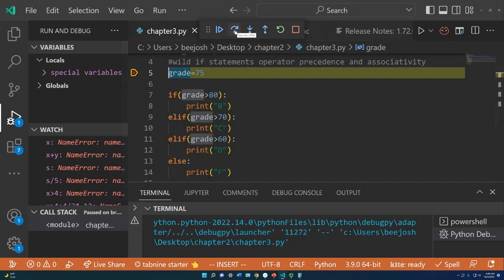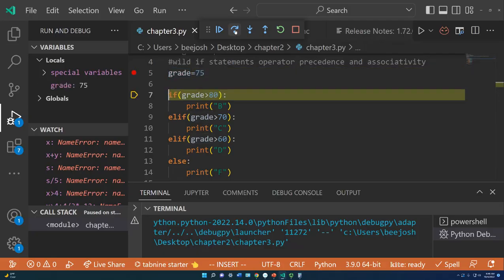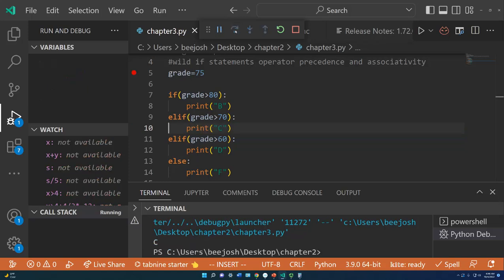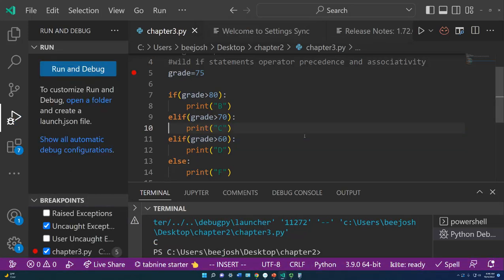Grade is 75. Okay, it's not greater than 80. Oh, it's greater than 70. Print a C. Oh, everything works right, like it should. That's because your order is important also, and how you do things and which steps you take first for your